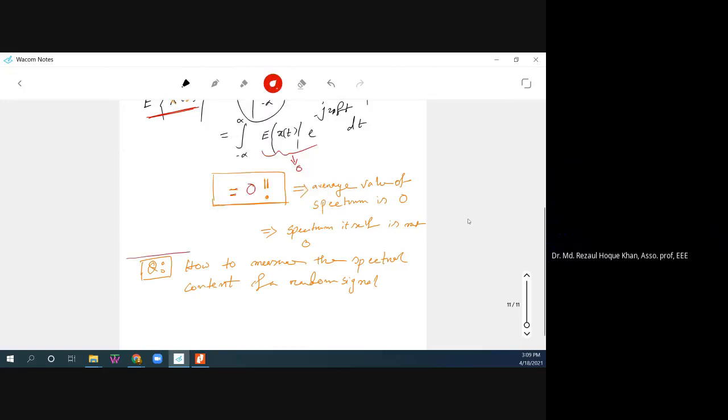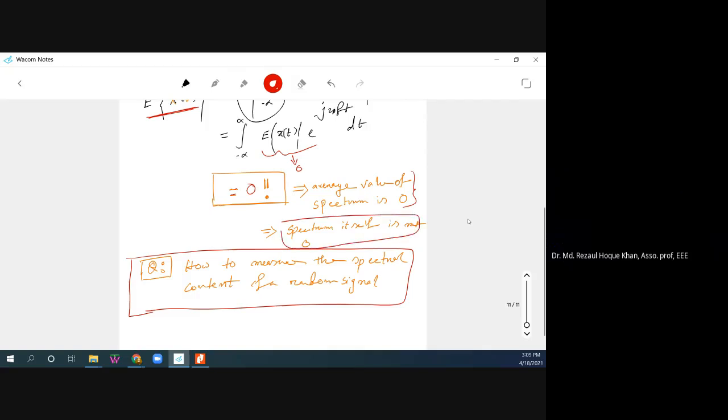This is a big question. We have just seen that the average value of the spectrum is 0, though it doesn't mean the spectrum itself is 0. It means the spectral content is not 0. So if the spectral content is not 0, how do we measure it? How to measure the spectral content of a random signal? The answer is